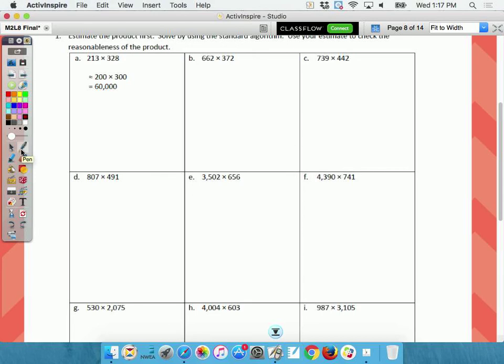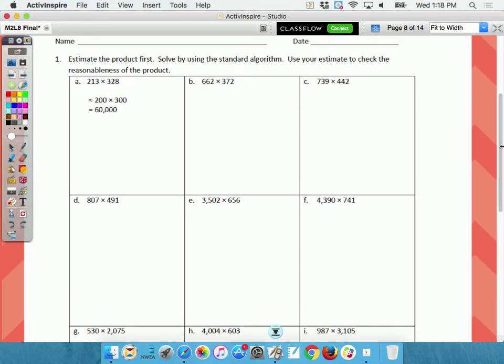This problem set says estimate the product first. When we're in 5th grade and we estimate, what do we do? Round first. Solve by using a standard algorithm. Use your estimate to check the reasonableness of the product. So right here I'm looking at this one, and I noticed that they have already got an estimate for us